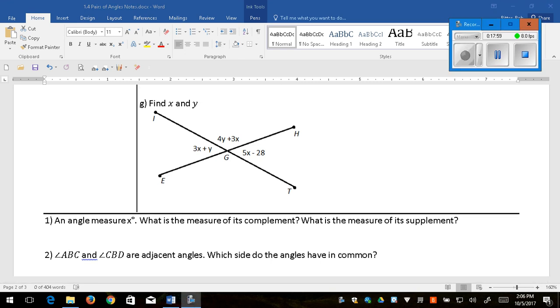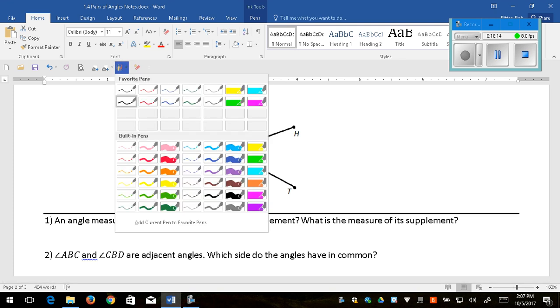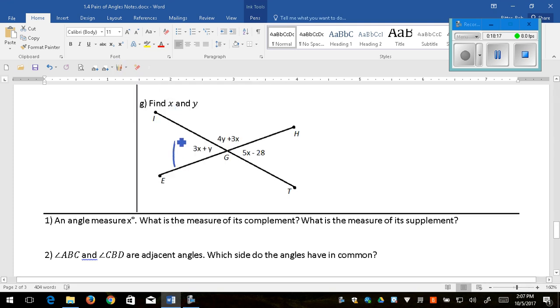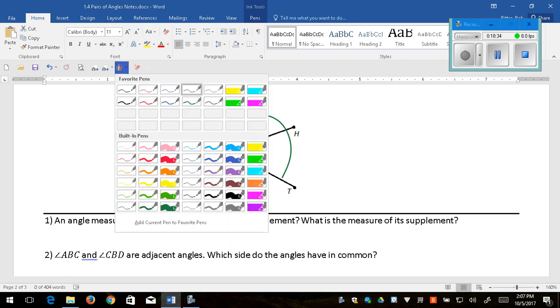All right, welcome back to letter G. Hopefully you identified that you have a couple different options here. There's actually several systems you could come up with. One is to say this right here is a linear pair. So I could write an equation using that. Another is to say, well, look, Mr. Ritter, this is also a linear pair, this and this. So you either have an equation involving the blue linear pair and then another equation involving the green linear pair,